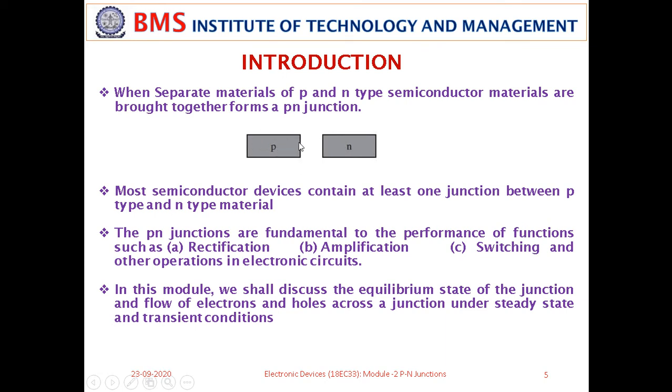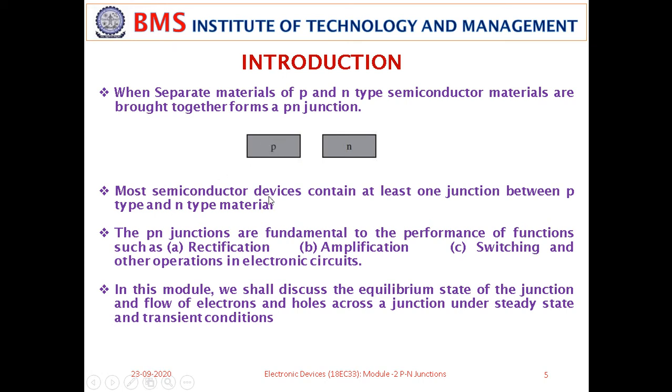The interface is very important. If you club them like this, there are possibilities of air bubbles, or air in between these two junctions, and that creates a lot of problems in p-n junctions. To avoid that, in real fabrication, we take a p-type semiconductor and diffuse an n-type material into it, and that forms a p-n junction.